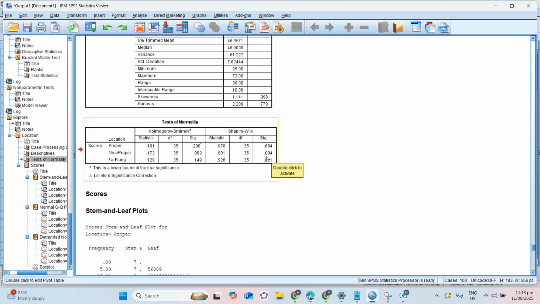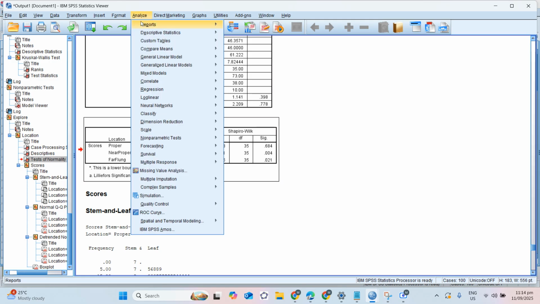Therefore, the data is not normally distributed across all the groups. Therefore, we cannot use analysis of variance. Instead, we'll be using an alternative, which is the Kruskal-Wallis test.